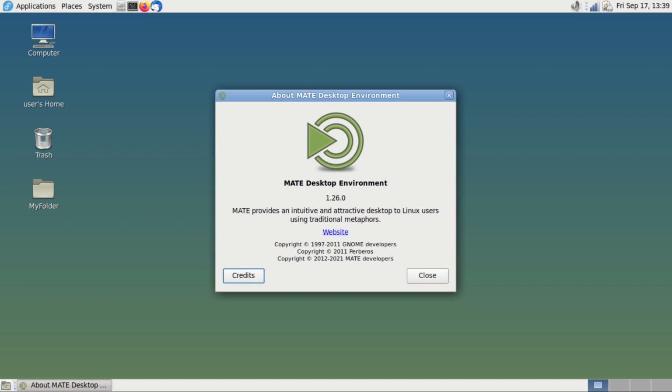In Mate 1.20, which was released in February 2018, support for high DPI was added and the GTK Plus version got increased to 3.22. The Mate 1.22 release migrated many programs from Python 2 to Python 3 and from dbus-glib to GDBus. In an upcoming version, support for Wayland will be added. The Mate website, as of September 8, 2022, lists 27 Linux distributions and 5 Unix-like operating systems that support the Mate desktop environment. The website also provides a DistroWatch hyperlink to query distrowatch.com for all the distributions that support Mate.